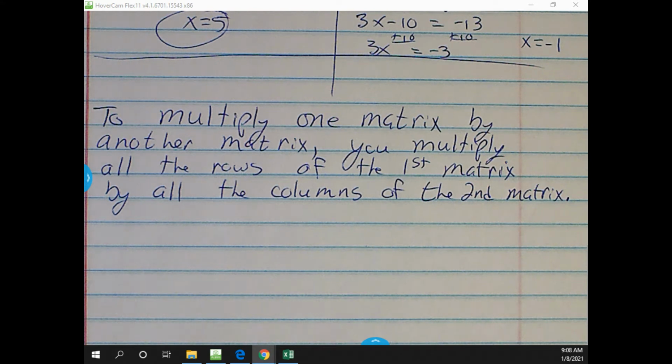Okay, and what we said yesterday when we were adding and subtracting matrices, we said that if you're going to add and subtract a matrix, they both had to be exactly the same size. To multiply a matrix by another matrix, the setup's a little bit different. They don't have to be the same size, and in most cases, they aren't the same size. The setup for how you set these up is that